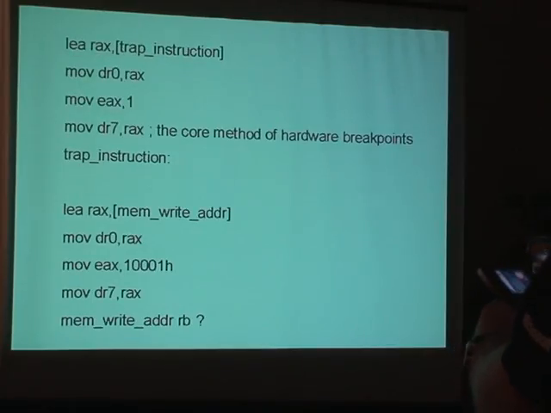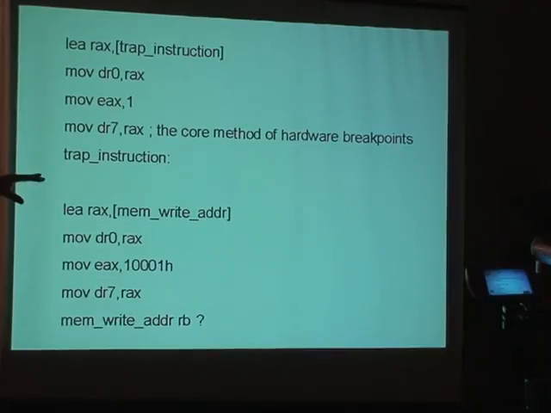Then we can cause exception single step by setting debug registers. Here are two samples. We just load this one, the sample of hardware breakpoint. It means that we break on instruction execution. We just load the address of the instruction to execute in debug register 0, and we set only one bit in debug register 7. And then we can execute the code and wait till the instruction executes.